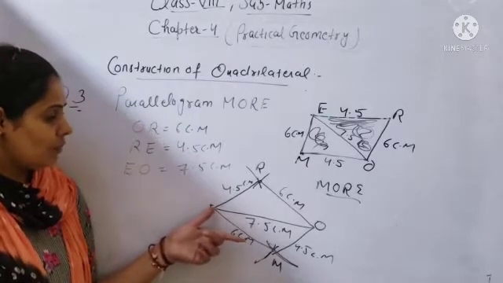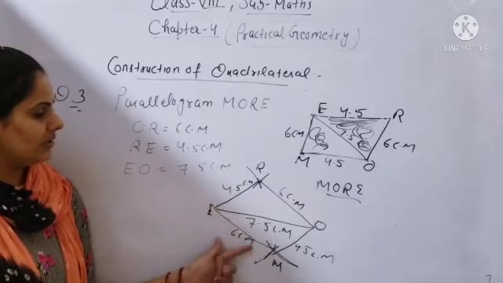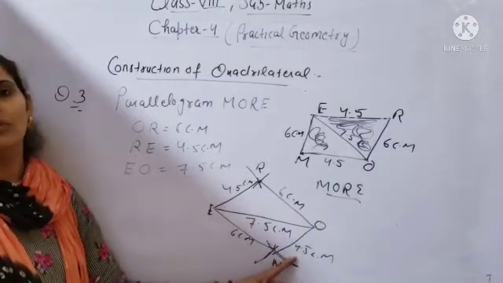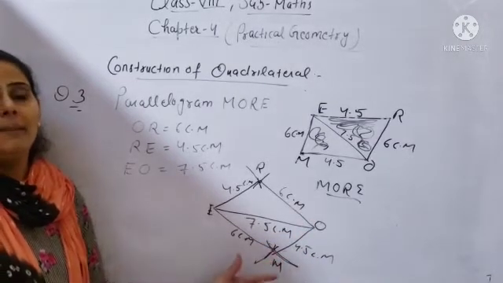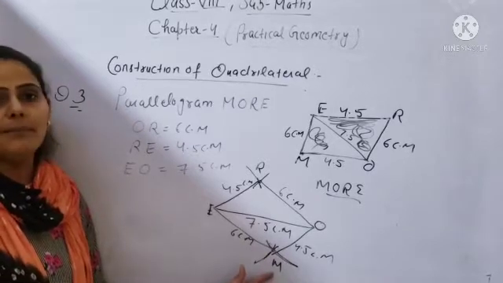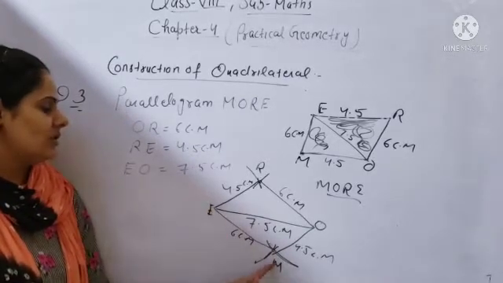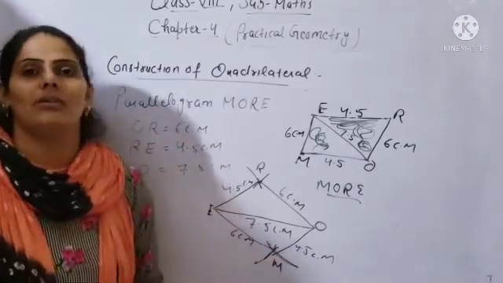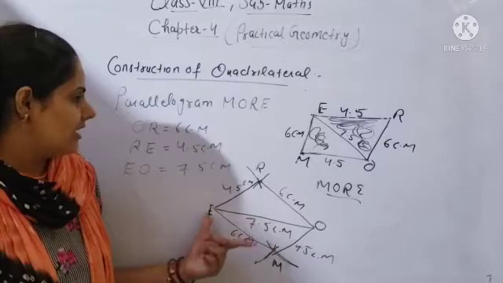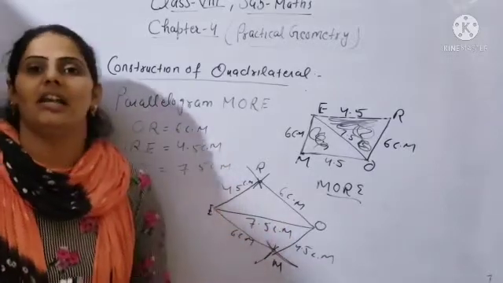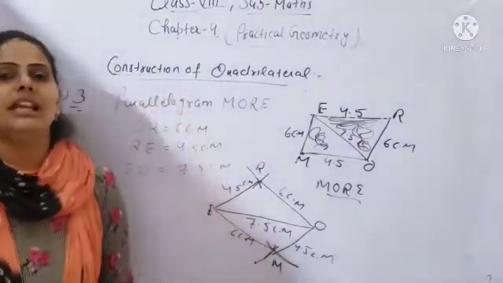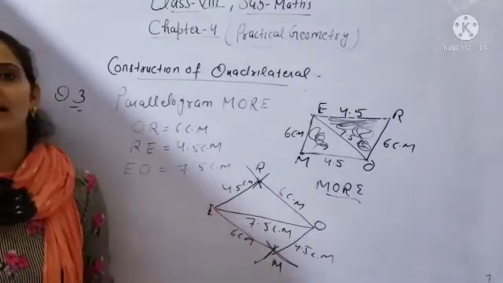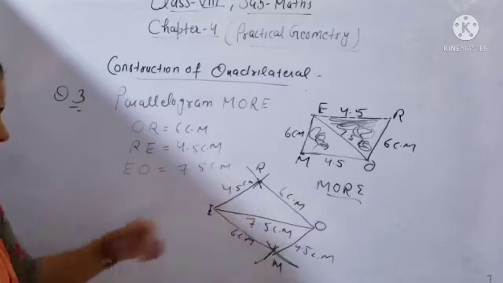Same like that downwards also. Okay. From point E, you will draw the arc, open your compass 6 centimeter and draw the arc. From point O, you will open your compass 4.5 centimeter and draw the arc. Intersecting point of both the arc will be point M. After that, join the line segment EM and OM. After that, in the last line, you have to write, hence this is MORE is our required quadrilateral. Okay, in the last line, sorry, parallelogram. In the last line, you will write MORE is our required parallelogram.